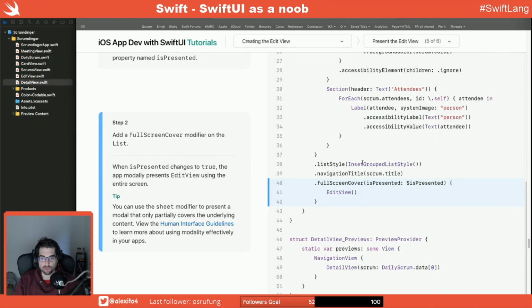And for that, we add a full screen cover, basically a presentation sheet on top of the current view. When isPresented changes to true, we're going to modally present it, and when not, it's going to be dismissed. You can use the sheet modifier to present a modal that only partially covers the underlying content. View the human interface guidelines to learn more about using modality effectively in your apps, which is very important,